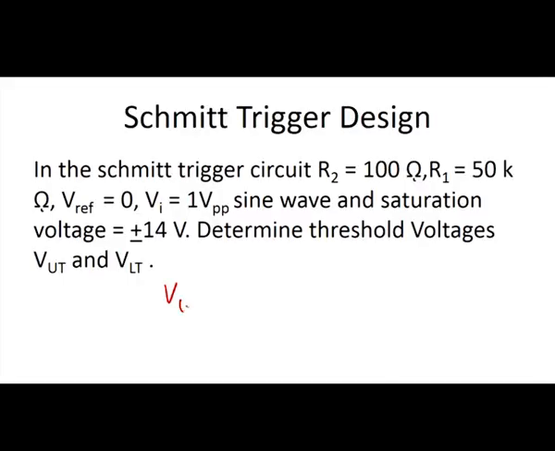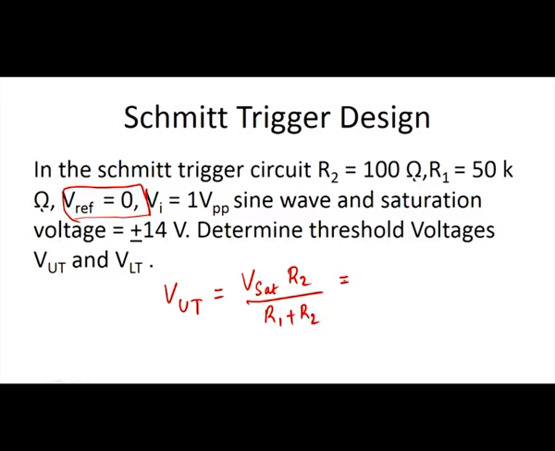Determine the threshold voltages. We have derived the threshold voltage with the superposition theorem, one with the reference voltage and the other with the saturation voltage, that is the output of the comparator, and now the reference voltage is given as 0. So, with only the saturation voltage, the upper threshold voltage will be V saturation into R2 divided by R1 plus R2,